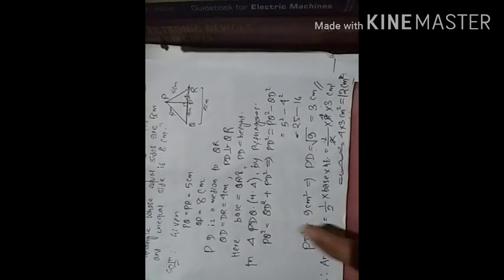So in an equilateral triangle and in an isosceles triangle, while using the formula half into base into height, we have to find out the median. Always remember that. If sides are given, then we have to find the median, and by finding the median, we can find the area of the given triangle.